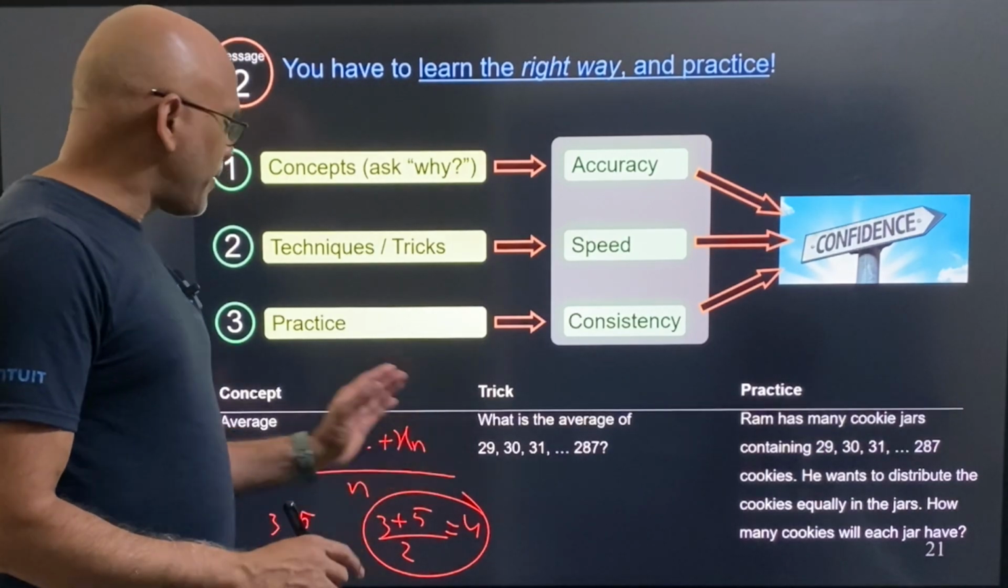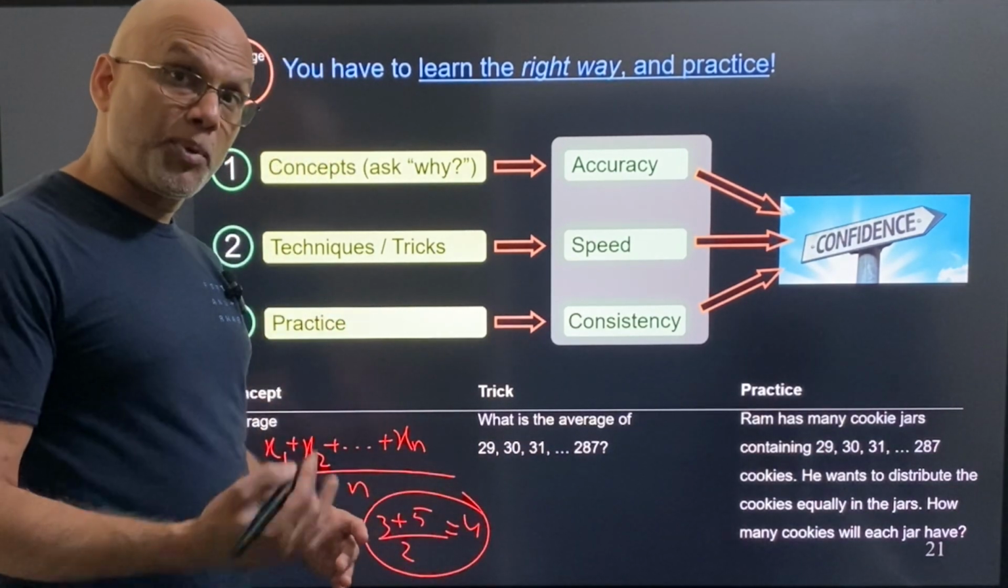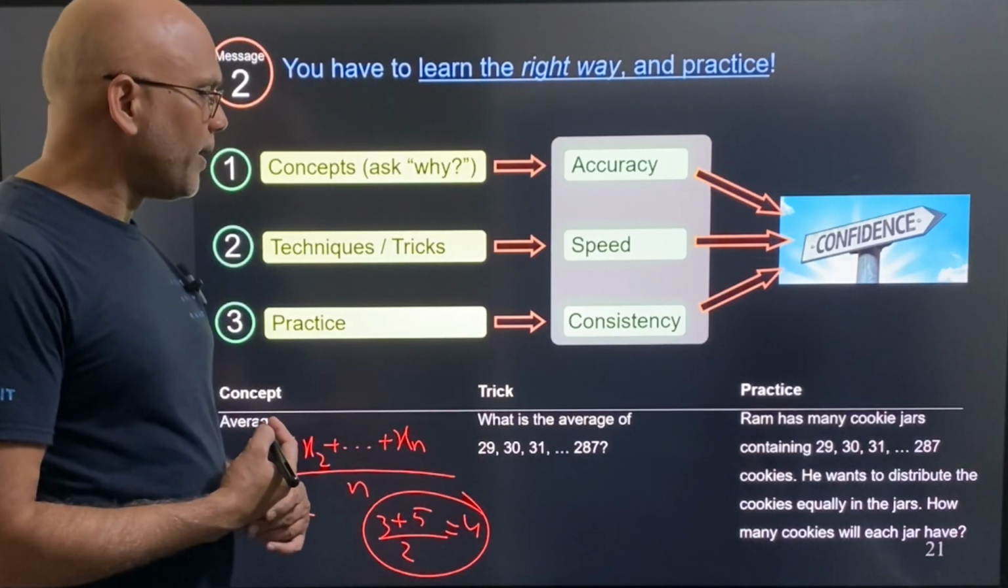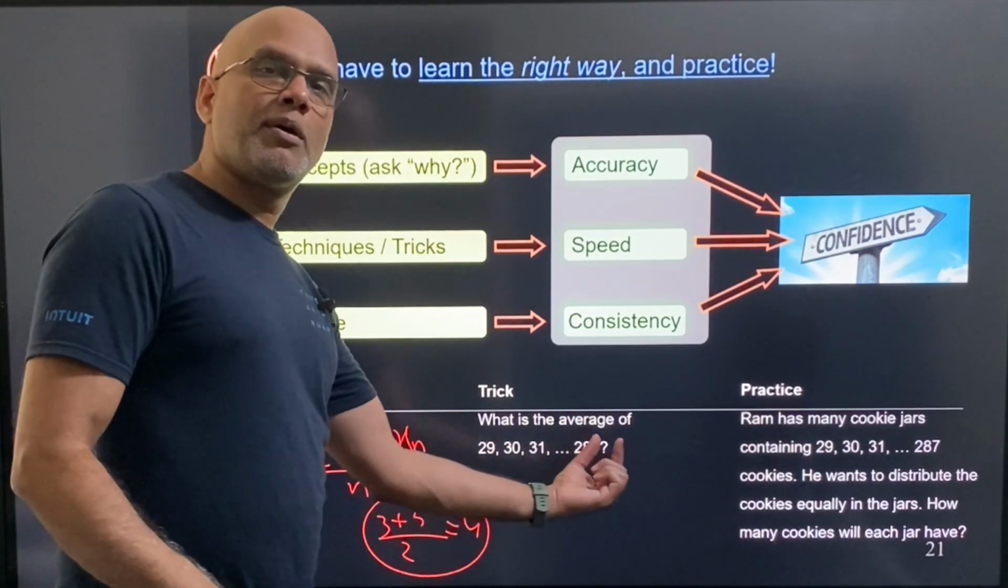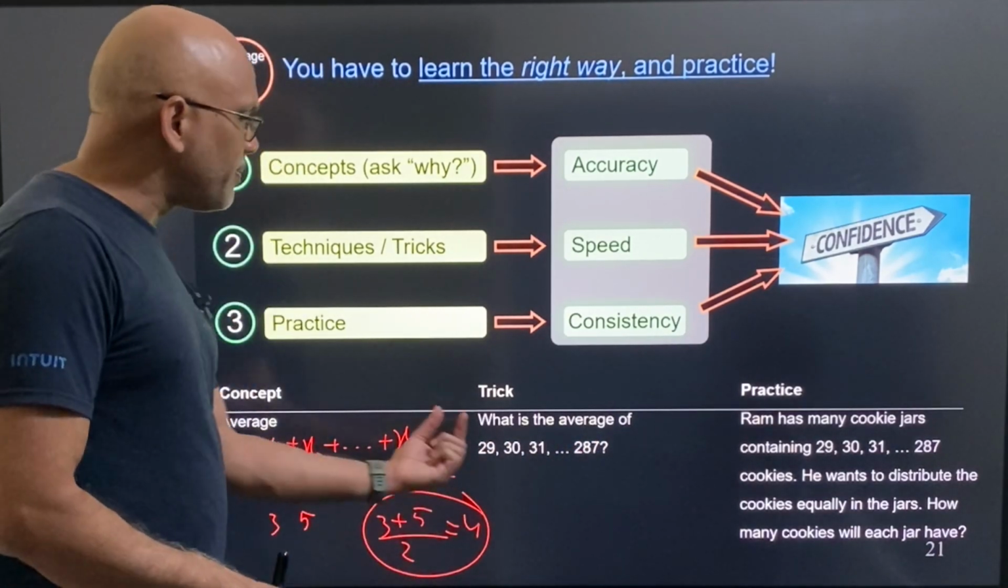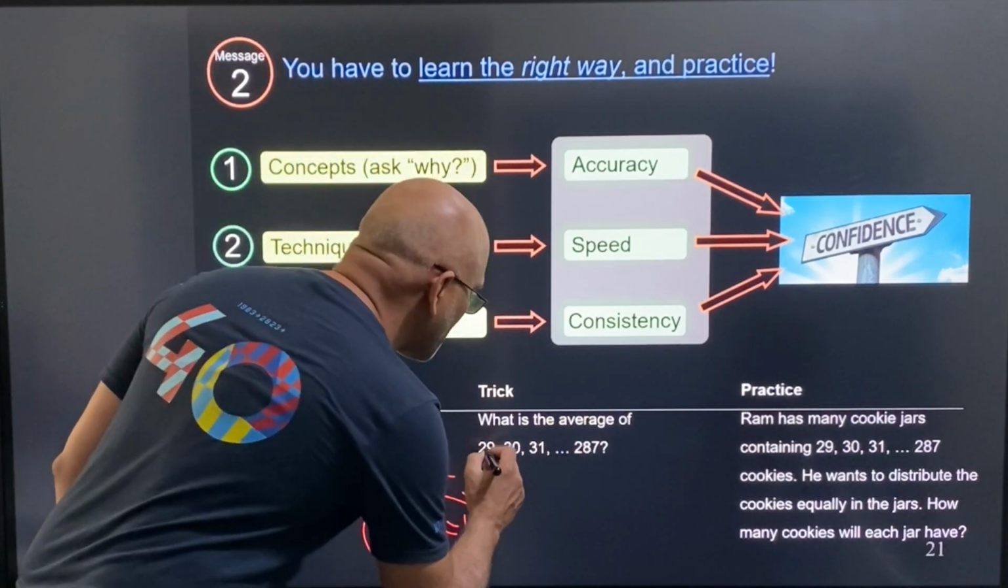Well, of course, you have the concept right. You can add 29 plus 30 plus 31 and compute it, right? You can do it that way. But you can also use some tricks. So this is an arithmetic progression, right? Arithmetic sequence. So in this case, the average is going to be the same as if you just took the